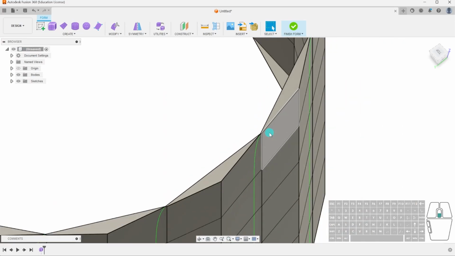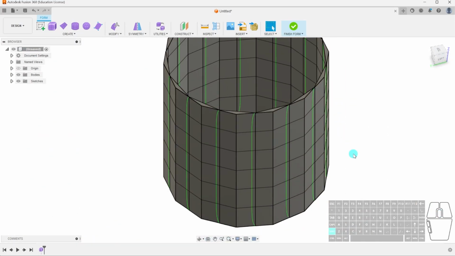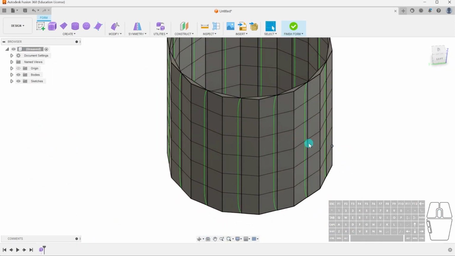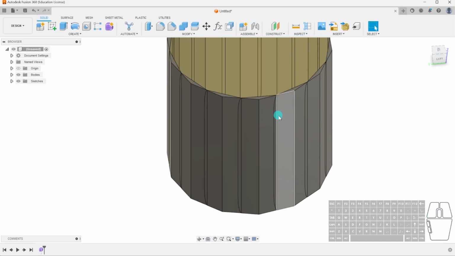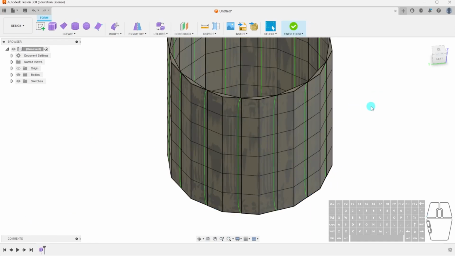Looks okay. And here we can always check and make sure that our shape is actually able to be created. And if I hit finish form, there's no errors, that's good. I'll go back to my form edit. So I've verified. So it's quite useful to verify if your form model has any intersections or overlaps before you start to continue modeling. So in this case, what we're going to do is we are going to